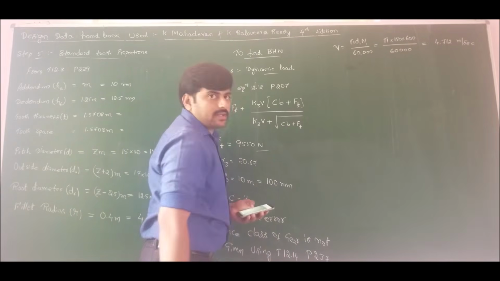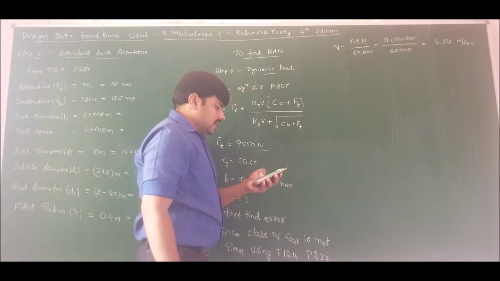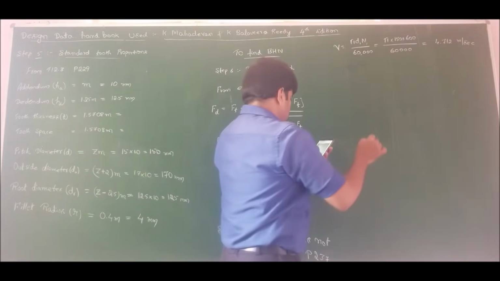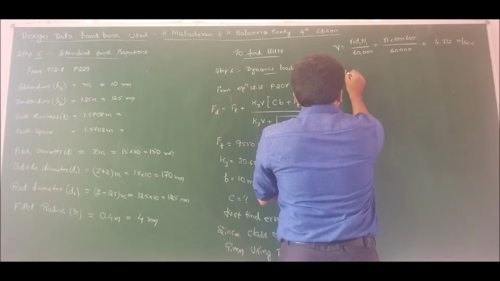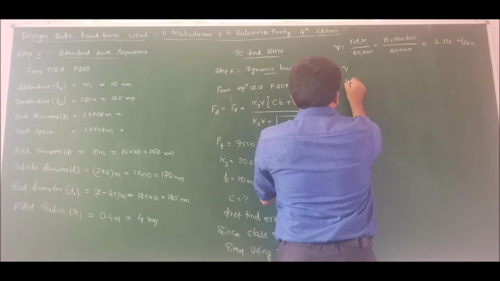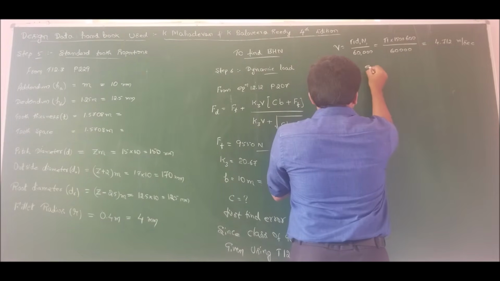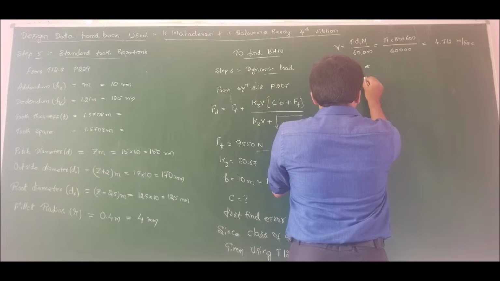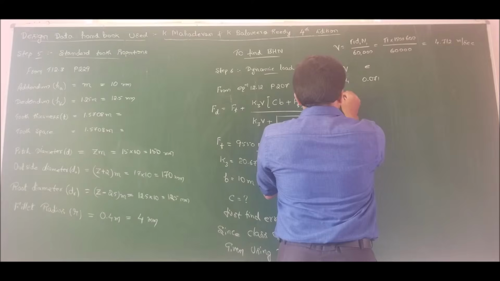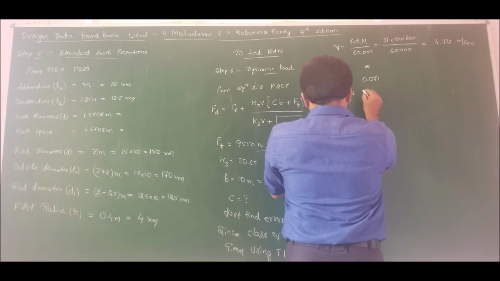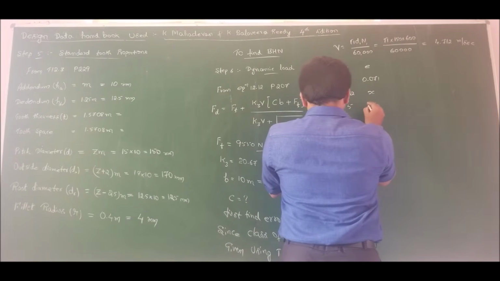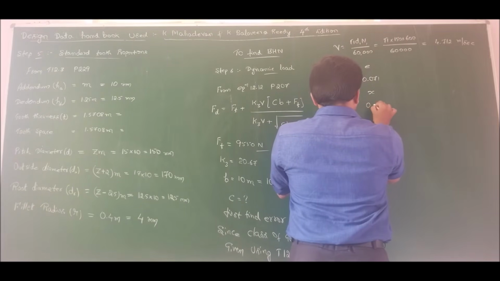So for 4.712, from table 12.14, page number 237, the error is not directly available. Therefore, doing interpolation, I get the error as follows. For velocity equal to 4, we have the error as 0.071. For 4.712, we should find the error. For 5 meters per second, we have the error as